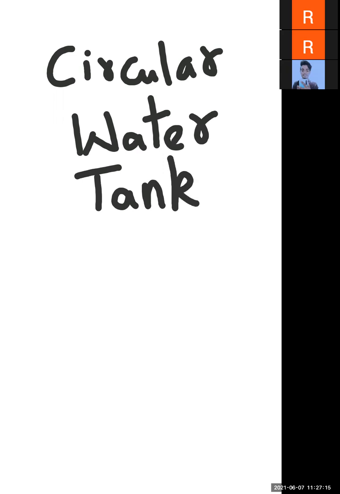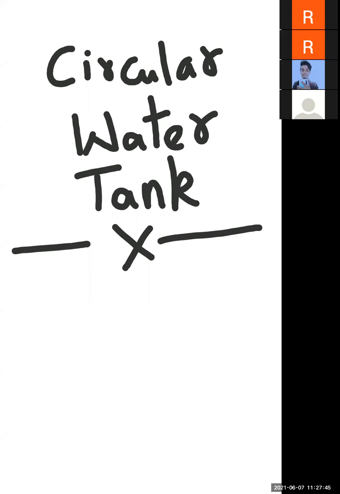We design a rectangular water tank by using two design methods. One is the approximate method and the second one is the exact method, right? But in a circular tank, we design the tank according to their position, or according to their base. In circular water tank,